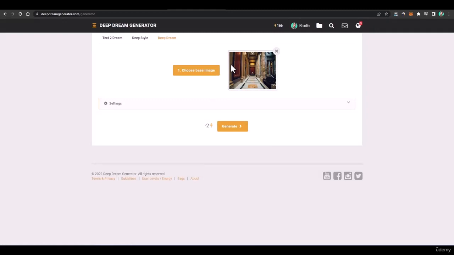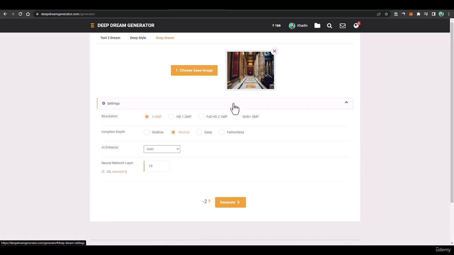I just downloaded it from pexels.com, and you can download any image from there, or you can click your own picture from your camera, and then you can add that picture here. After that, here you will have to add some settings. First of all, the resolution can be higher, but that would take a lot of energy, so you can keep it in between.